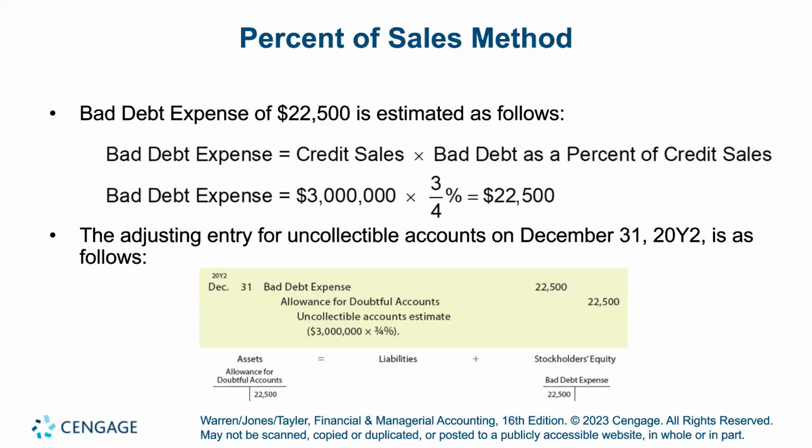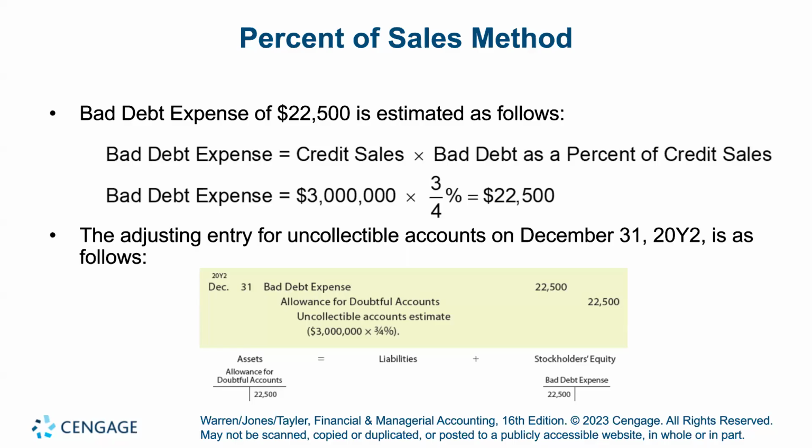This one's pretty easy. You just need to know the amount of sales and the percent that you think will be uncollectible. Multiply the sales times that percent uncollectible. It gives you the amount, and then you debit the expense and credit the allowance. We did this at December 31st, 2022. Throughout 2023, when we decide somebody's account is actually uncollectible, like they're not going to be able to pay us, we just debit the allowance for doubtful accounts and credit their accounts receivable. So we're taking their receivable off, but we're not taking an expense for it because we already did at the end of the previous year.